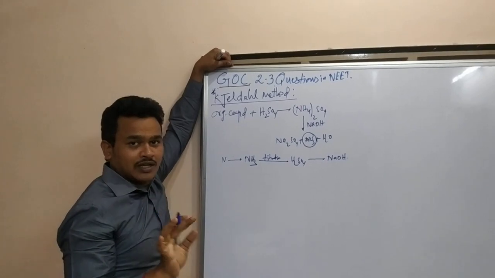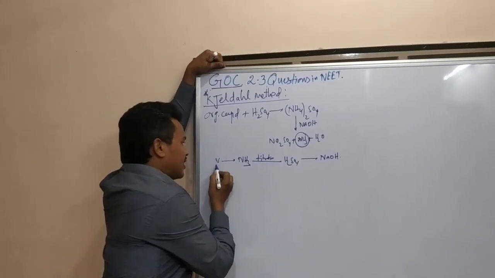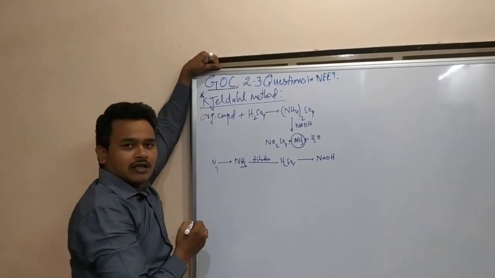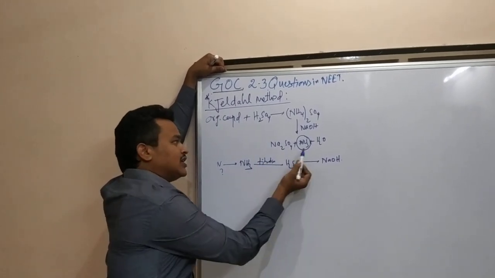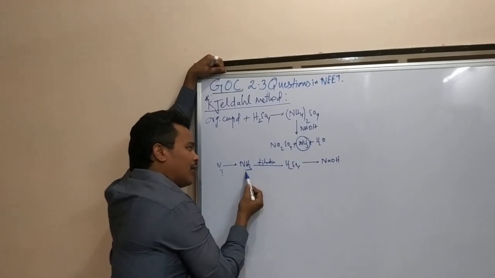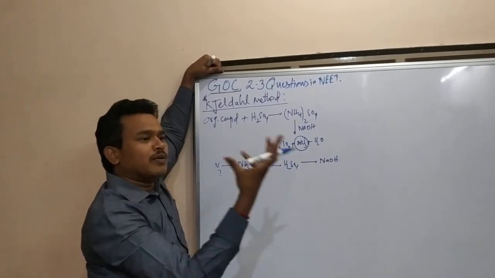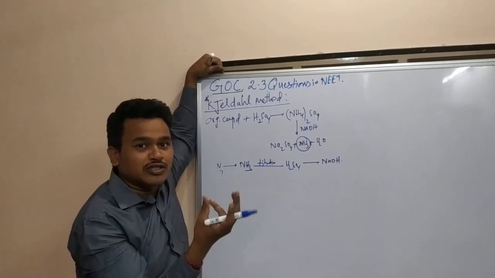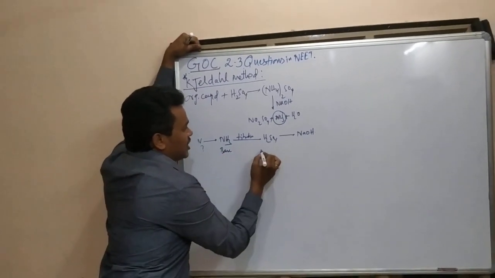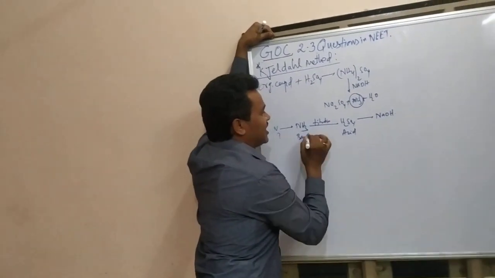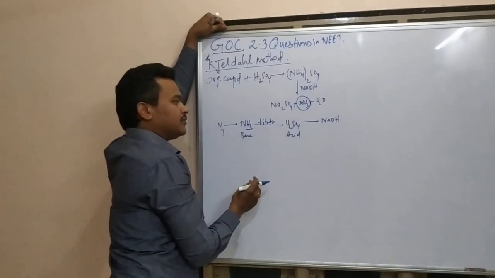This is the Kjeldahl method. My target is to detect the amount of nitrogen. Nitrogen I cannot get directly, so it is coming in the form of ammonia. How much ammonia is releasing? How can I identify that? By using H2SO4. Ammonia is a base, H2SO4 is an acid. There is a titration between these.